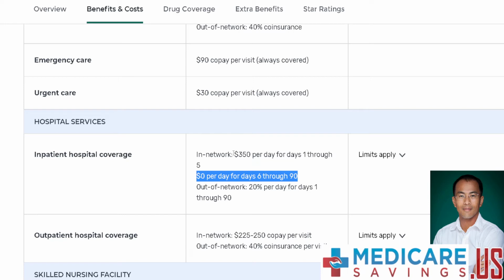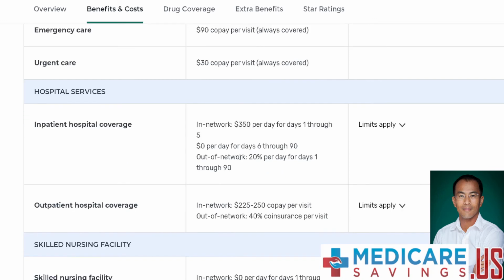And again, this adds up to the hospital deductible for 2022, and that's why you see a little jump in price there for cost sharing. All right, from here,